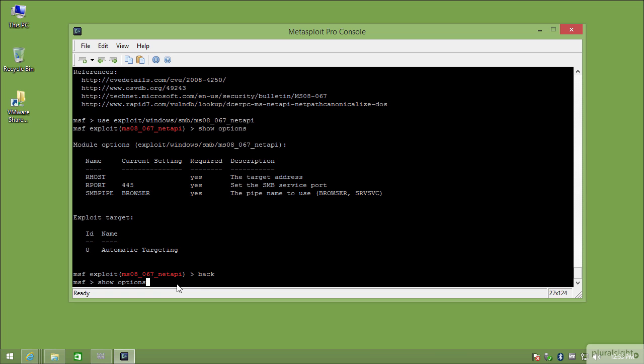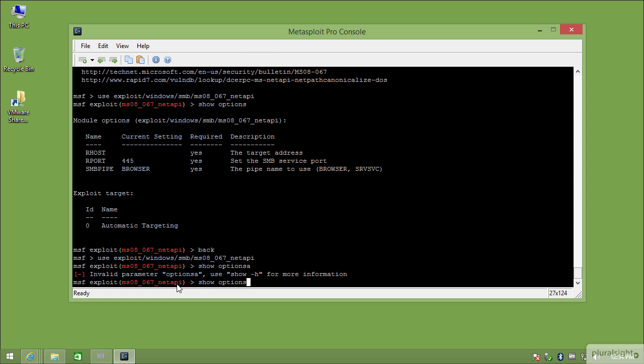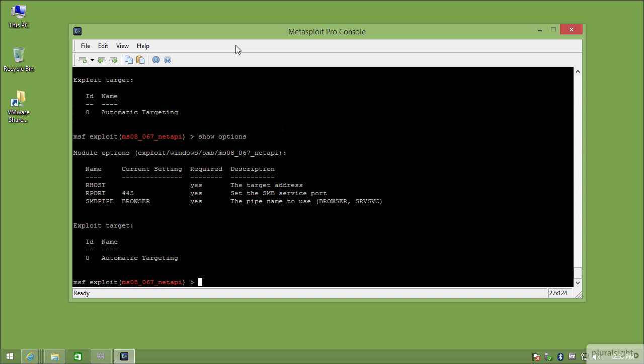Now if I go back and choose use exploit again, and do show options, we're listed the various properties that we can set: the RHOST, the RPORT, and the SMB pipe for this specific exploit. However, what we don't have is the ability to set a payload, to be able to say what I would like to do is use this exploit, but then I would also like to use this specific payload instead. So this can be done